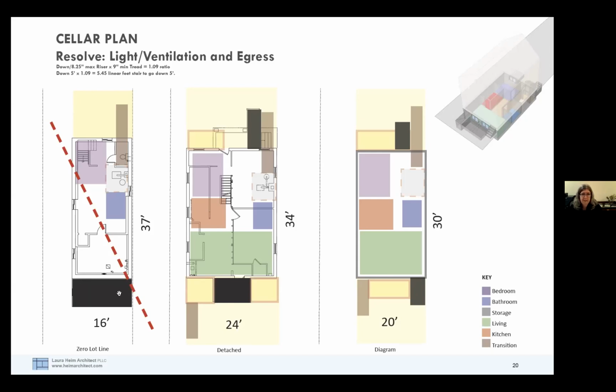You could dig down under the porch, I assume, and try to reach the space out, but that's just something that surprised me when I did this. I didn't realize that would be a problem, and it is. And then of course in the back, here's the existing